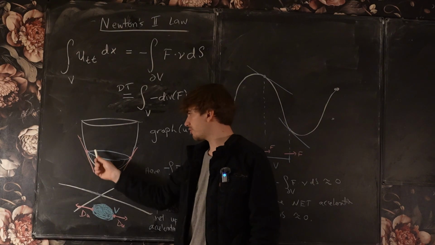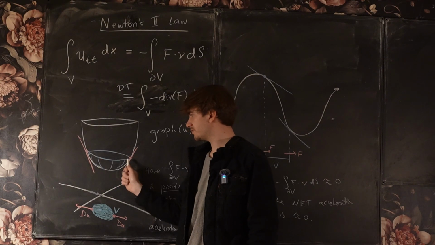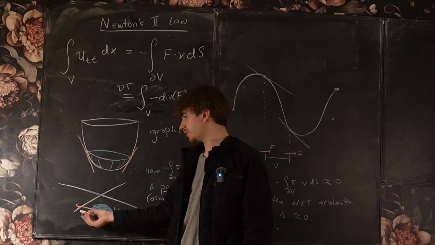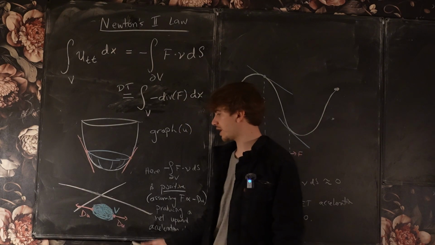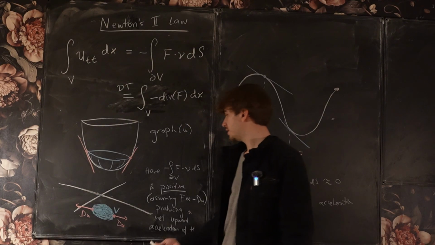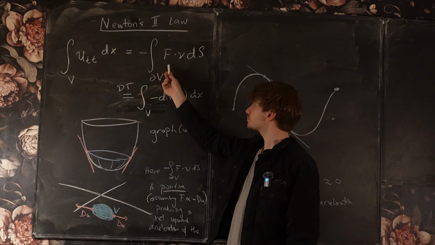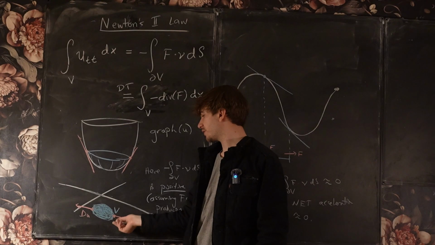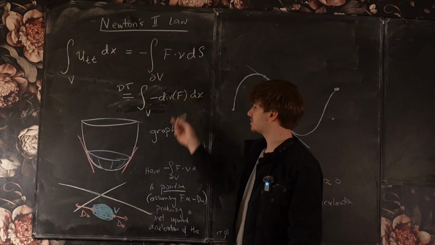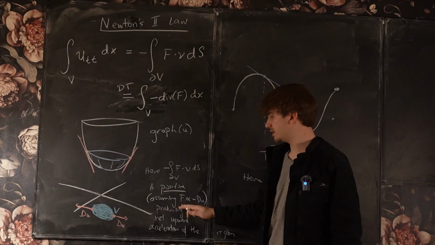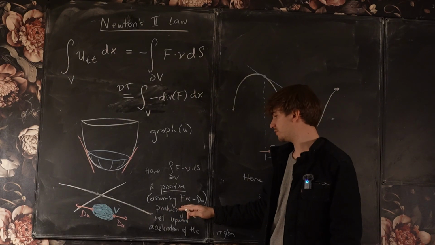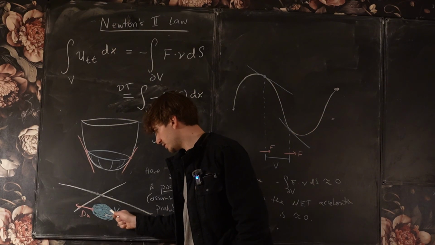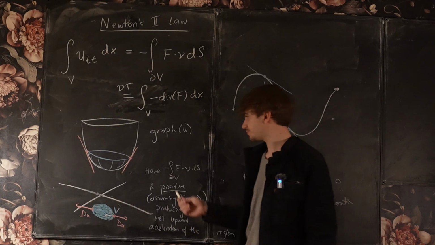And then I look at the boundary of my set V, and at the boundary of this set V, I can see that the gradient of u is actually going to be in the outward normal direction to set V. Okay, so this total integral of the elastic force over the boundary of V, well, if I integrate this directly and I assume that F is a negatively correlated function of the gradient of u, so in particular the force F is going to point to the inside of V here, then